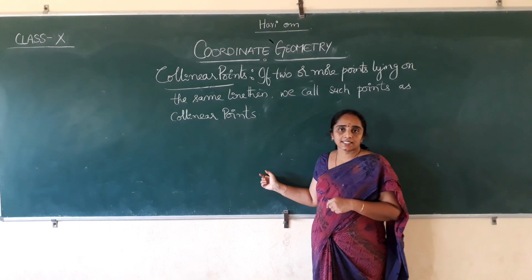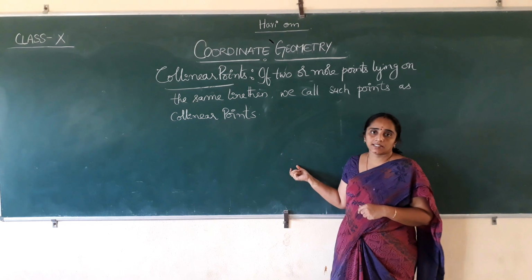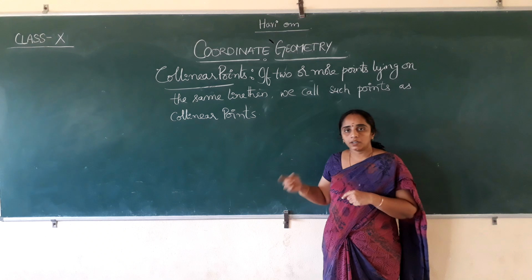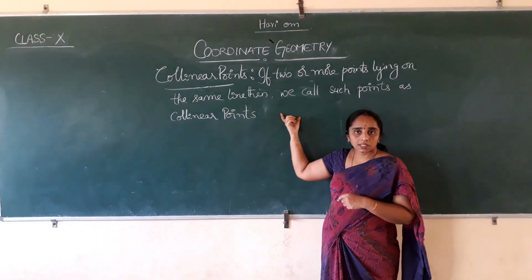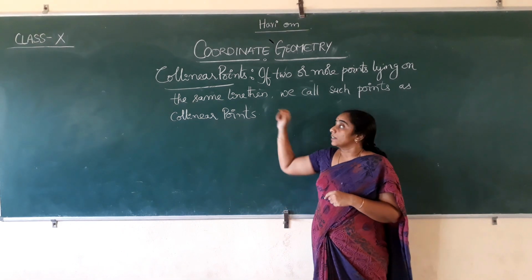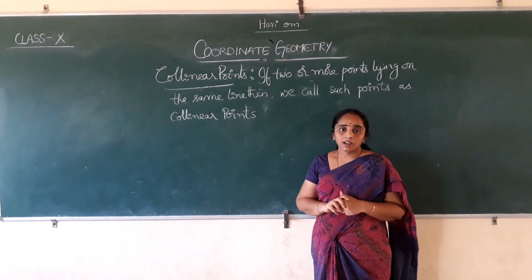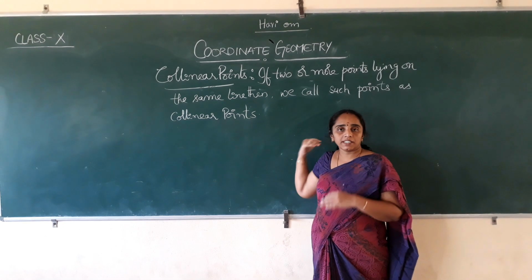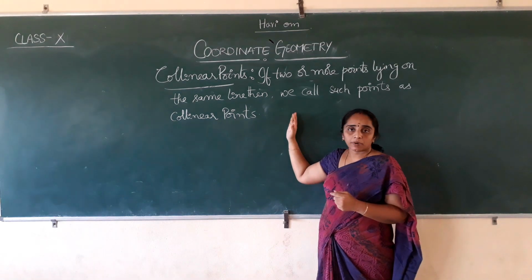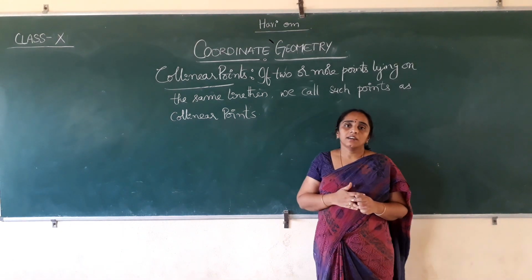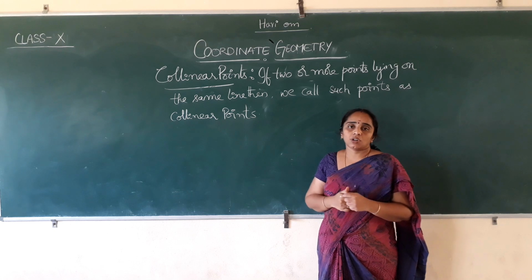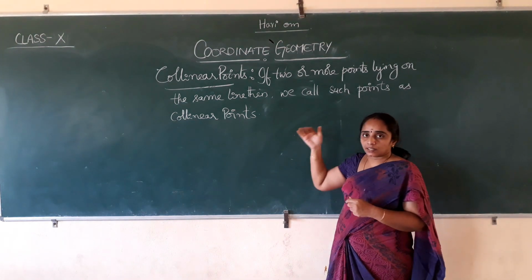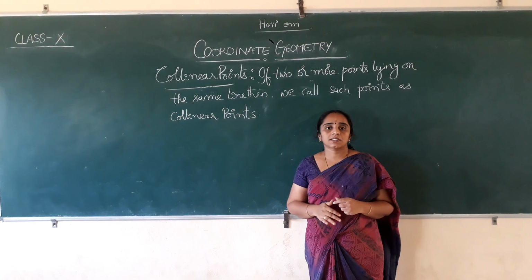In our previous class, we discussed the Cartesian plane, how to plot a point, a point on the x-axis, a point on the y-axis, all these things. Here, one more important concept we are going to discuss: collinear points. You are very well versed with collinear points, as we have learned in your previous classes in geometry. Here once again I am recalling it for you.